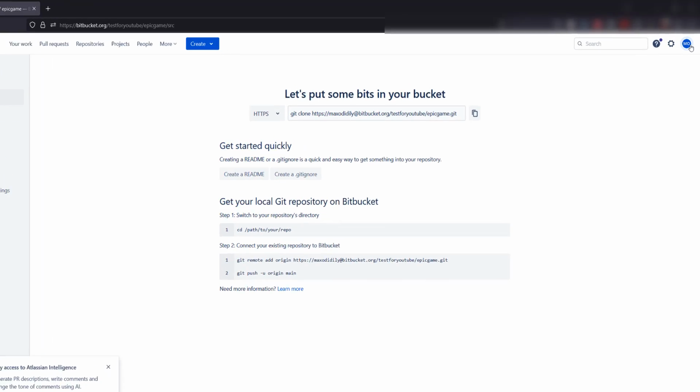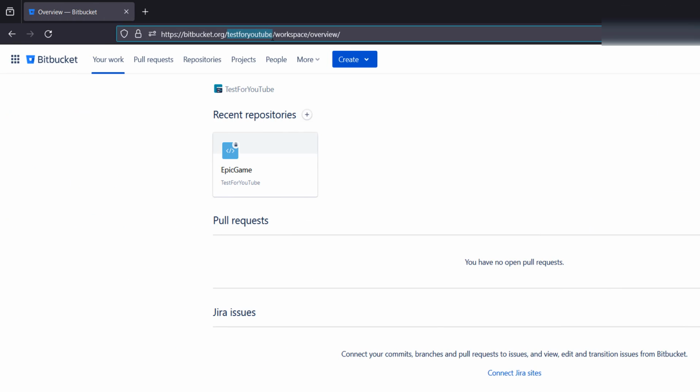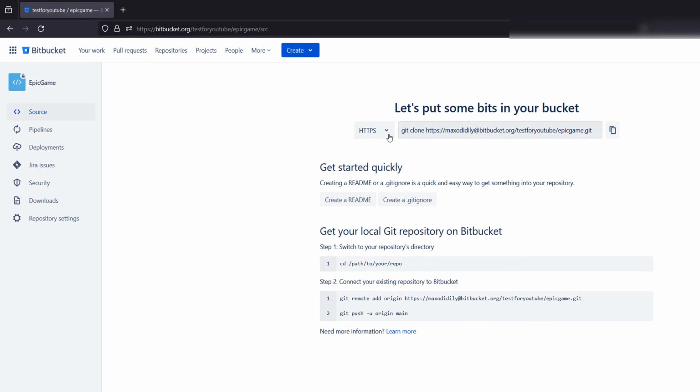repo. So firstly, go to your profile and then look at the workspace that has the repo you want to push and pull to. It will also be in this section of the URL. Copy that and paste it somewhere. After that, click on the repository that you want to work with and make sure you can see the HTTPS